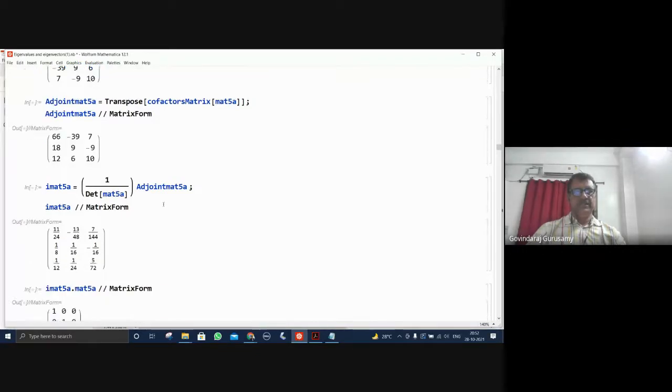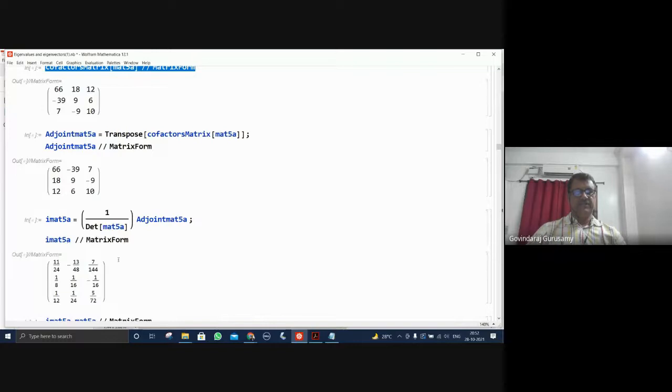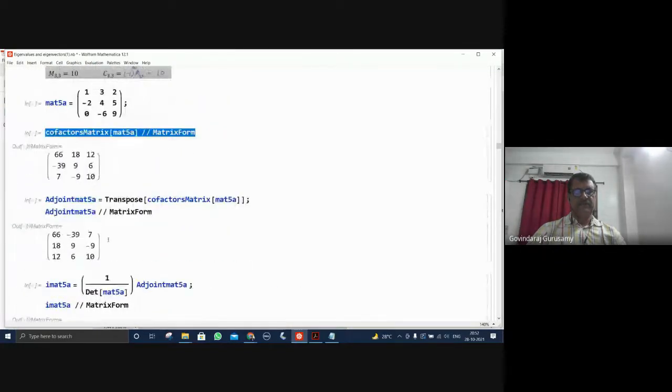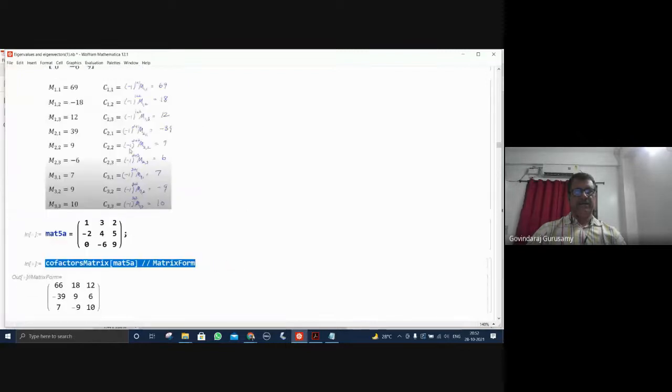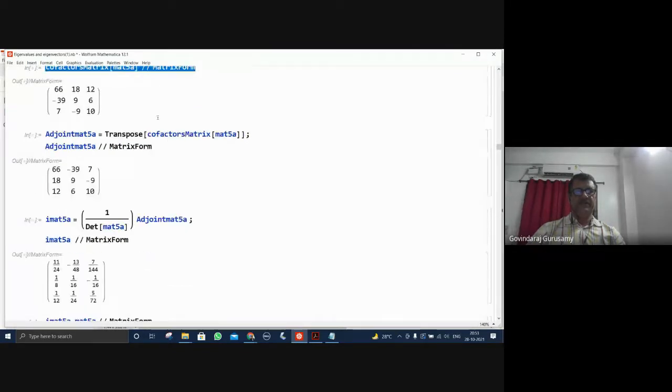There is another interesting result connected to the adjoint and the determinant, where it's possible for us to get the inverse of this matrix. You might have studied this. When you have the cofactors available, you can transpose the cofactors, and after that it becomes the adjoint of a matrix. Okay. Then 1 by determinant times the adjoint gives the inverse of the matrix. That can be checked. Very easy to check it.